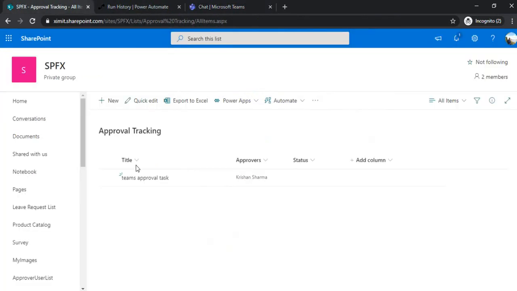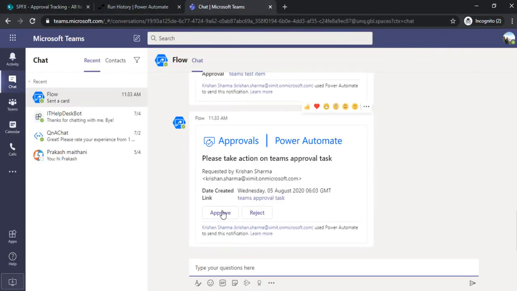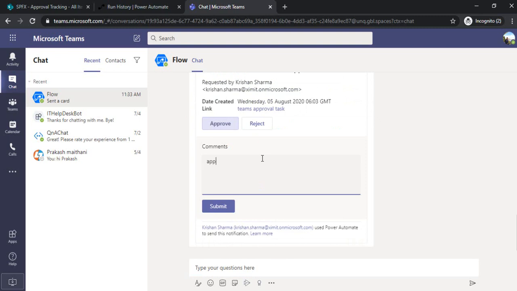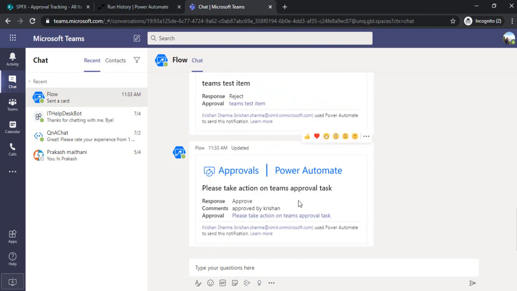So this was the item name which we created, and we got this adaptive card where we can take the action. So I'm just clicking approve and adding my comments, approved by Krishan, and when you click submit, it should save the outcome.